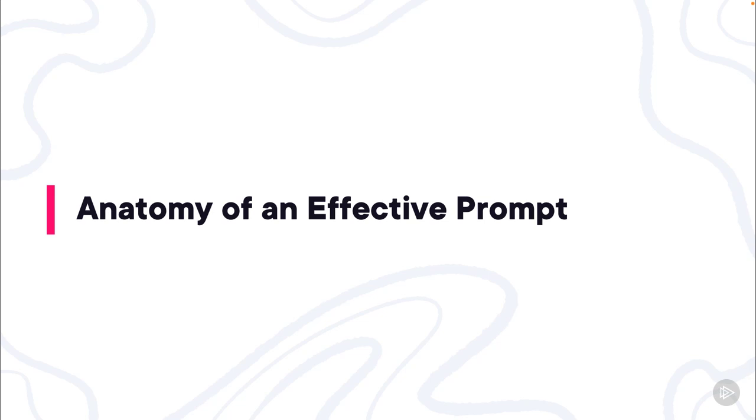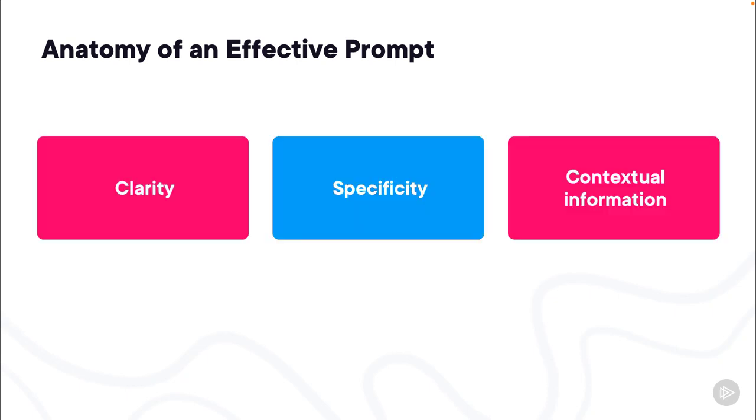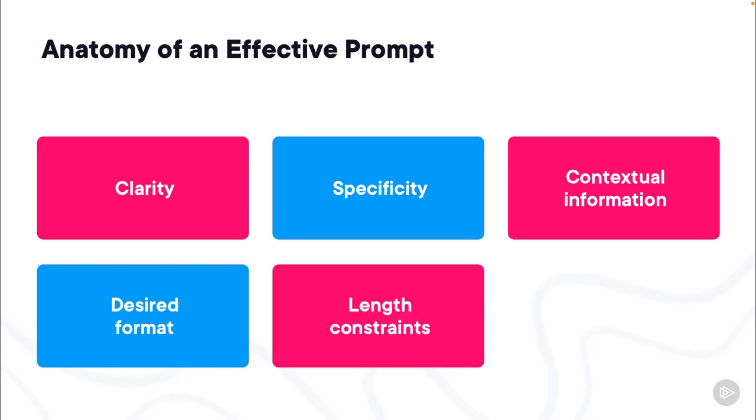A well-structured prompt is essential for getting the most out of large language models. By understanding the key components of a good prompt, you can create prompts that guide the LLM to generate accurate, informative, and creative outputs. The main components of a well-structured prompt are clarity, specificity, contextual information, desired format, length constraints,